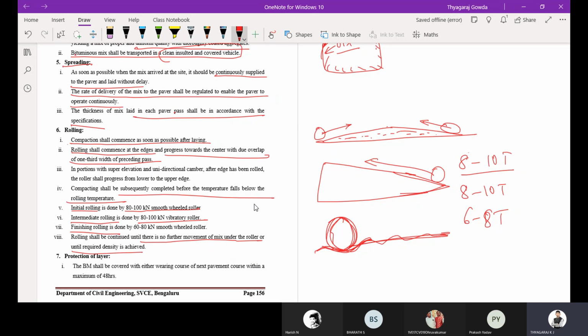Rolling will be done by using an 8 to 10 ton smooth wheel roller, an 8 to 10 ton vibratory roller, then a 6 to 8 ton smooth wheel roller. This is the finishing roller, that is 6 to 8 ton. And rolling shall be done until there is no further movement. Whenever the roller wheel moves, if there is any movement of the mix, we are going to roll it